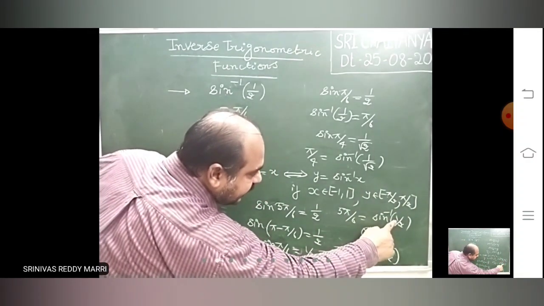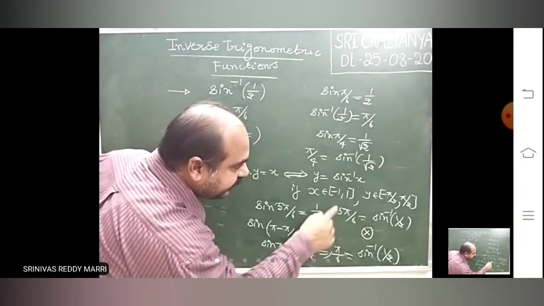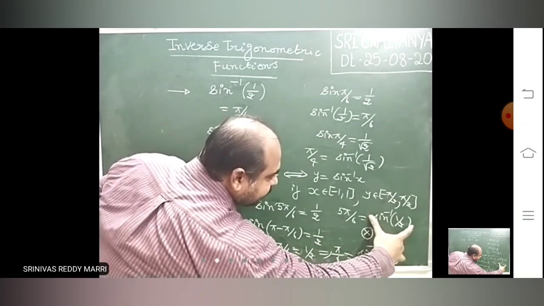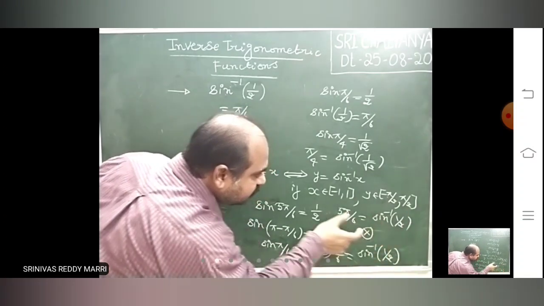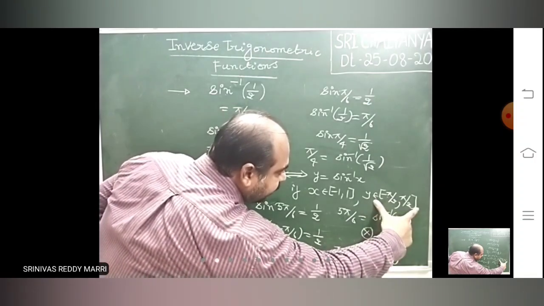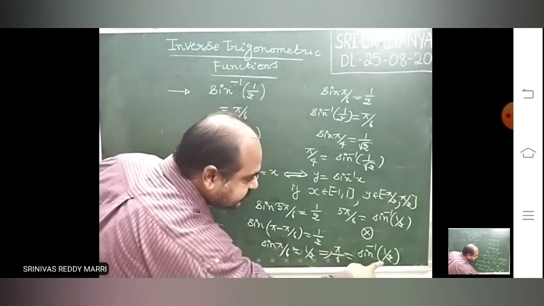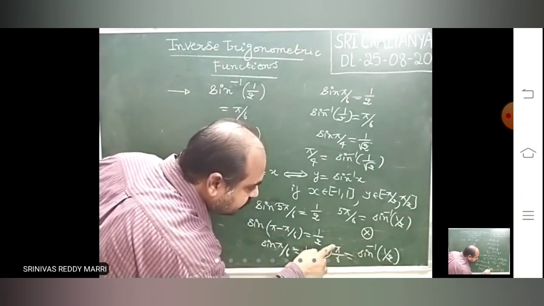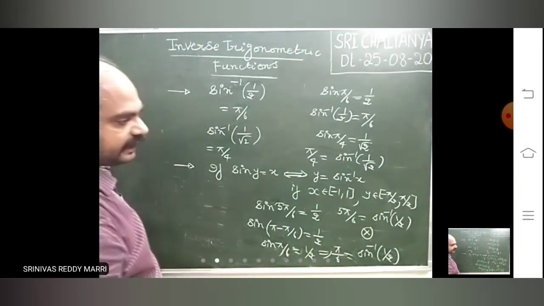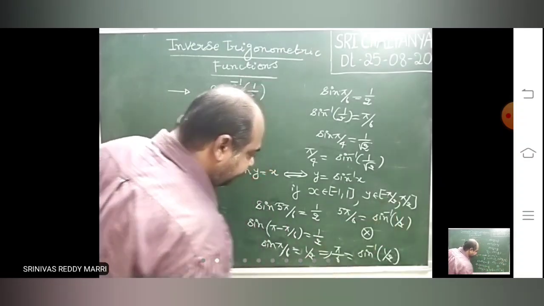But here you had written sine inverse x value as 5 pi by 6. Right? This 5 pi by 6 will not lie in this interval. That means you must ensure that whenever you write a sine inverse value, it lies between minus pi by 2 to pi by 2. That angle must be your answer. Sine inverse 1 by 2 is pi by 6, which lies in this interval. So whenever you write sine inverse x, write it in this interval.